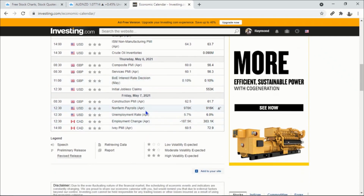Also, Friday would be a very packed day as the NFP and the unemployment rate from the USD and from Canada